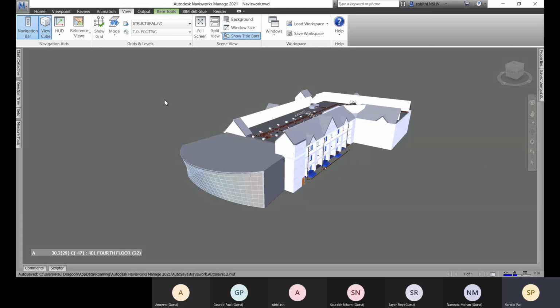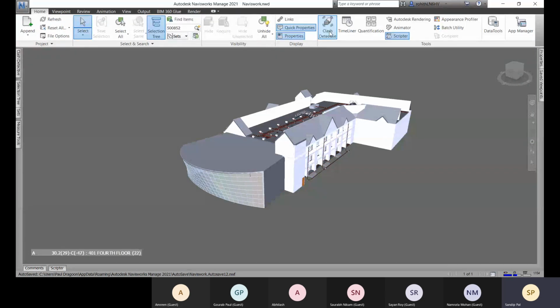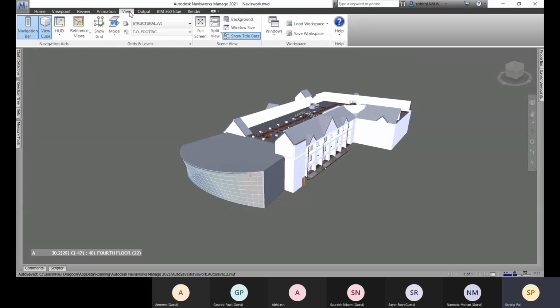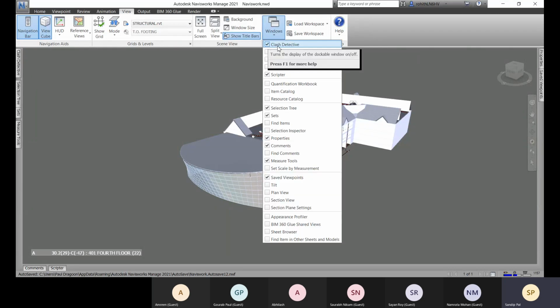Let me come to this, and if you come to this, it will automatically check Clash Detective. So you can add your Clash Detective window by this option, or you can come to this new tab, and within this window also you can add the Clash Detective window.